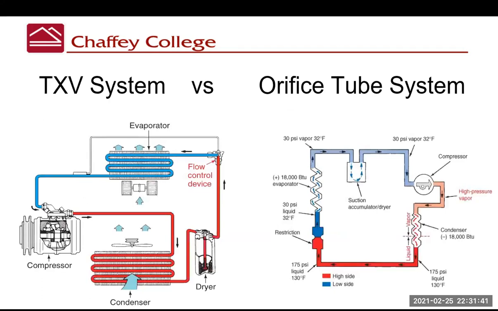Here's 2 different types of air conditioning systems depicted in your book. This is the one we've been looking at, and it has the compressor feeding into the condenser, and then out of the condenser, we have this high pressure vapor. Well, that high pressure, we have this high pressure liquid. That high pressure liquid goes into what's called a receiver dryer. This receiver dryer